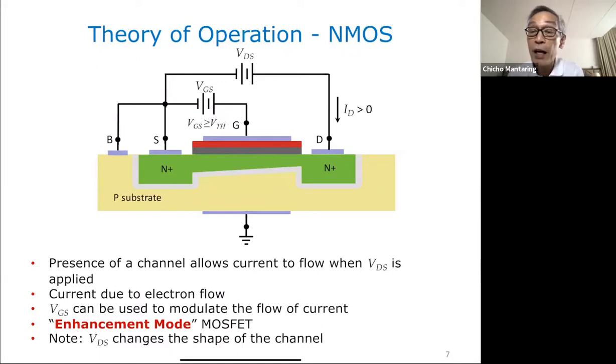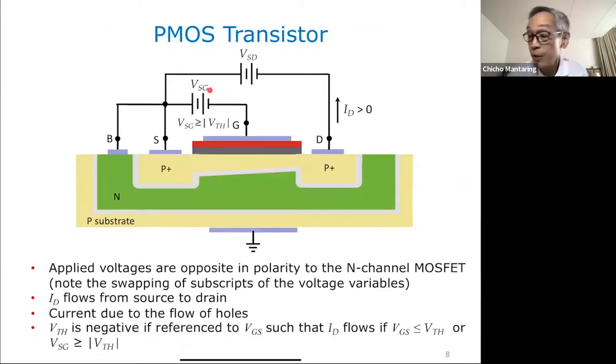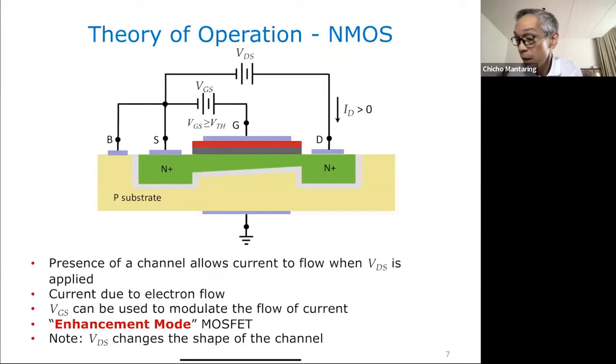And if you attract more charge carriers, you have a lower resistivity or a higher conductivity. And if you have a higher conductivity, then the value of your current will become larger. So what I'm saying is you can actually control the flow of current using this VGS. Okay, so VGS can be used to modulate the flow of current. You call this an enhancement mode